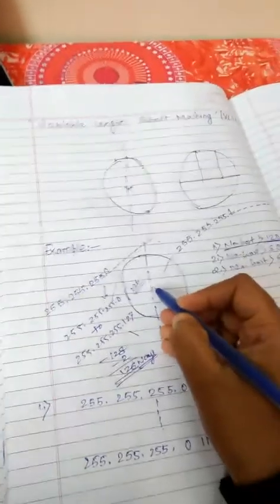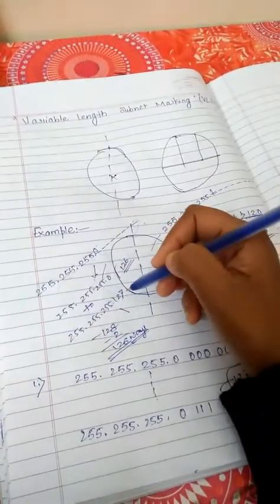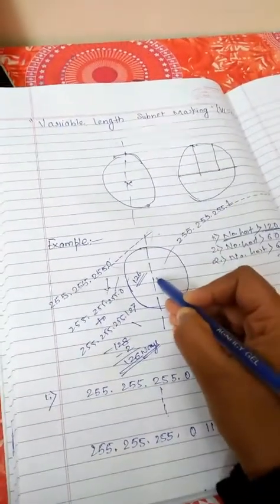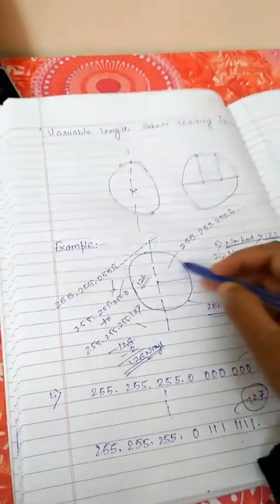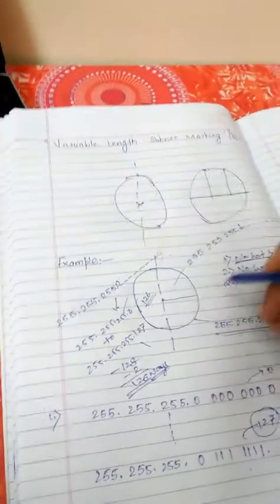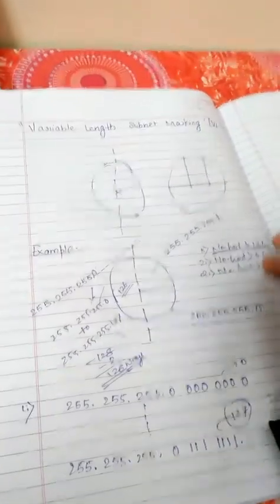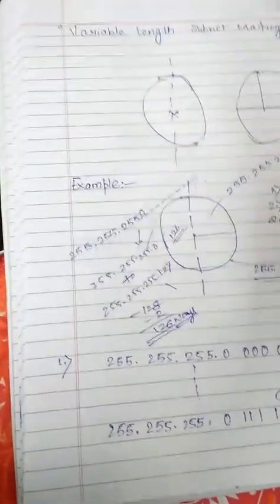I will try to divide this one, as I have written everything on this side only, so I will try to divide it here. Okay, because it is clear here. So after dividing, as I have already discussed, the number of divisions should be,